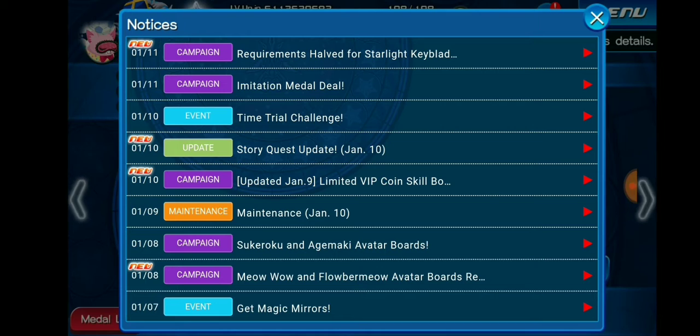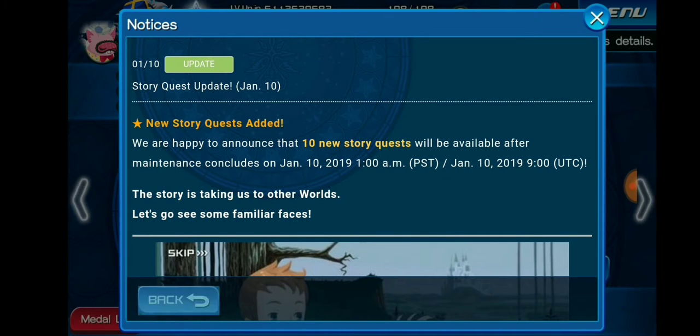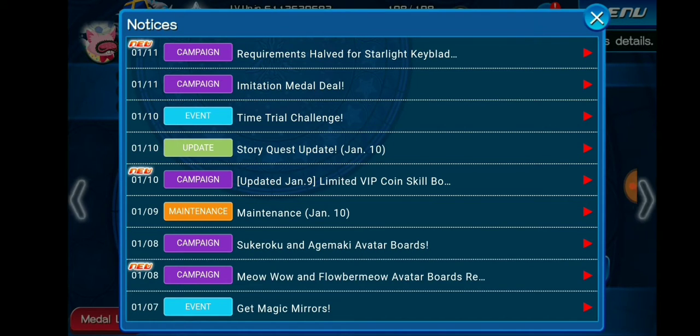We're going to talk about a few things today, but first we're going to talk about the updates that came recently. First of all, there are story quest updates, so 10 of them. This happened on the 10th, and I haven't done them yet, but I will do them soon. At this rate, we're not going to get caught up to the JP